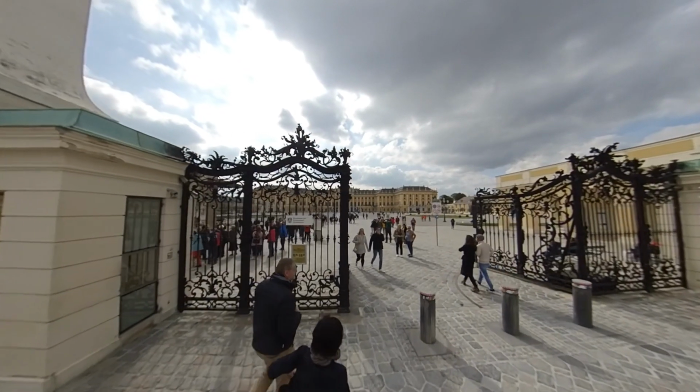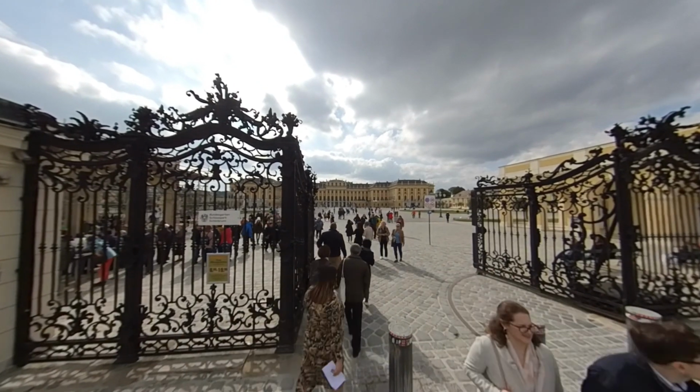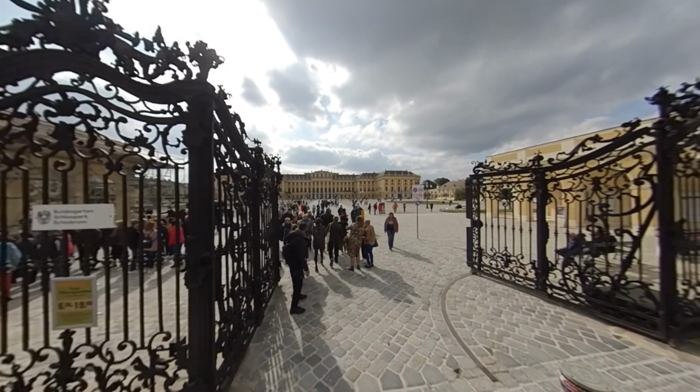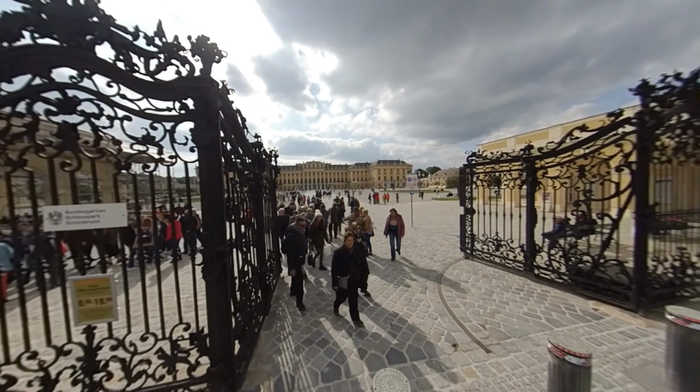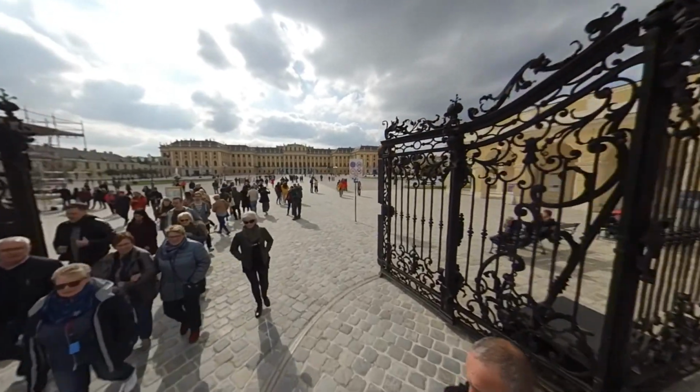Versailles is much bigger and much more extravagant, but gosh, it's an awful place to go to. You have to pay a fortune and then queue for ages. It just seems very chaotic and disorganized in Versailles, whereas here, it's all free. Everyone just walks in, as you can see. There's no guard, no ticket barriers or anything like that. You can just walk in,